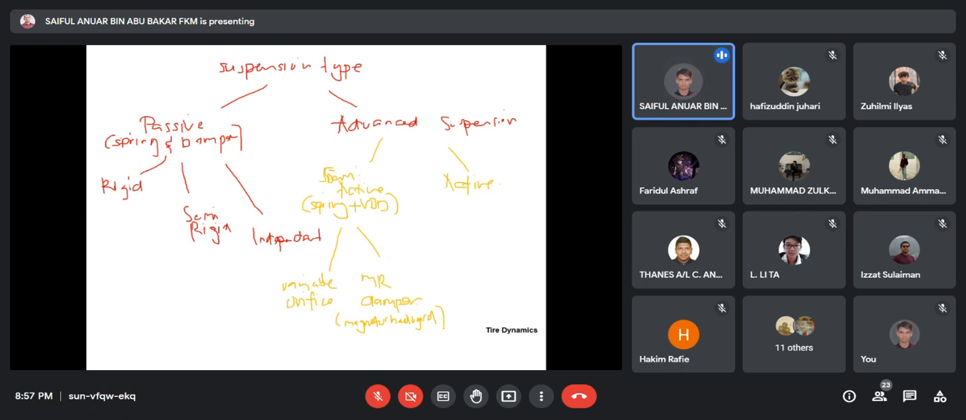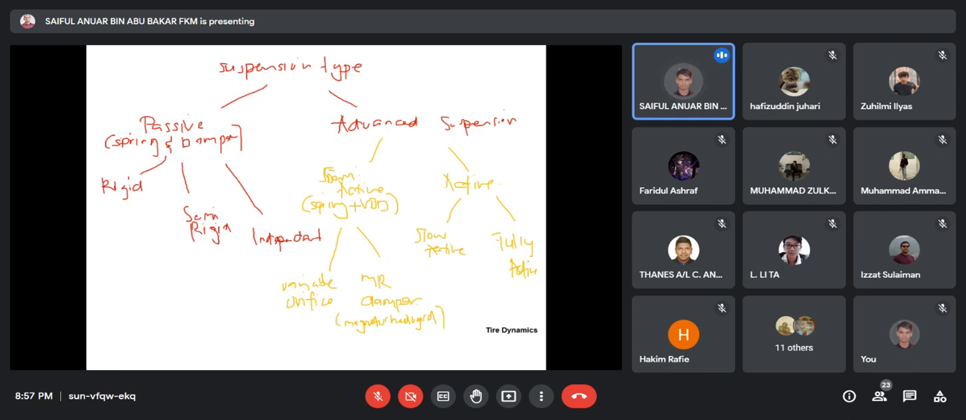And then next we're talking about active. In active we have what we call slow active, and then we have fully active. In slow active, we still have the spring and shock absorber, and with it comes an actuator, where this actuator's function is just to correct the tilting or rolling motion during cornering. So if the sensor senses that your chassis has a rolling motion,